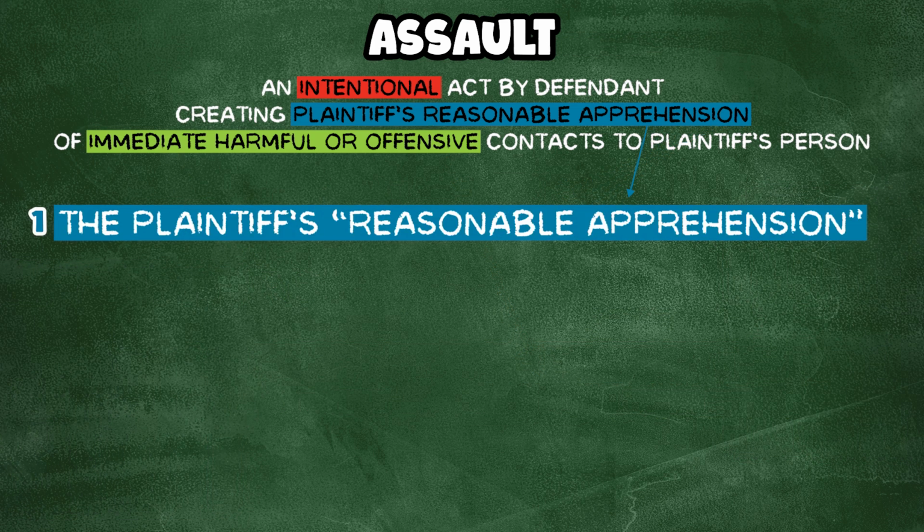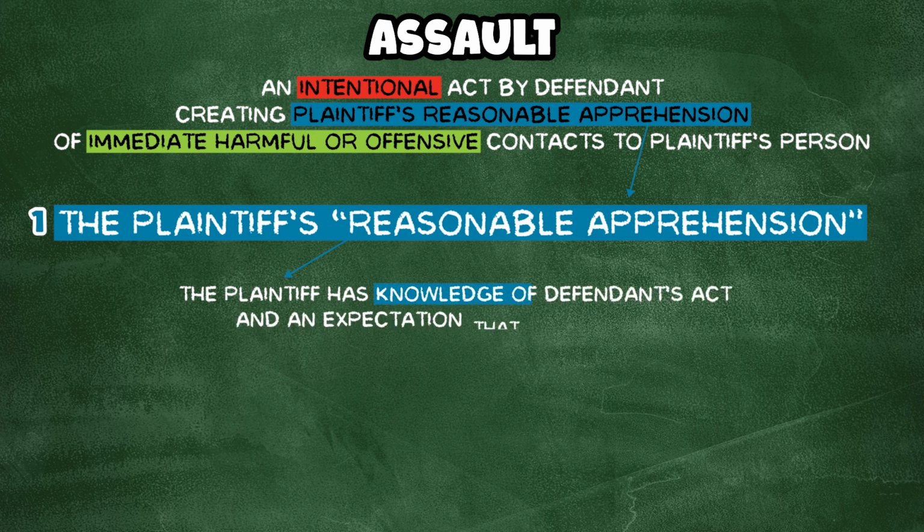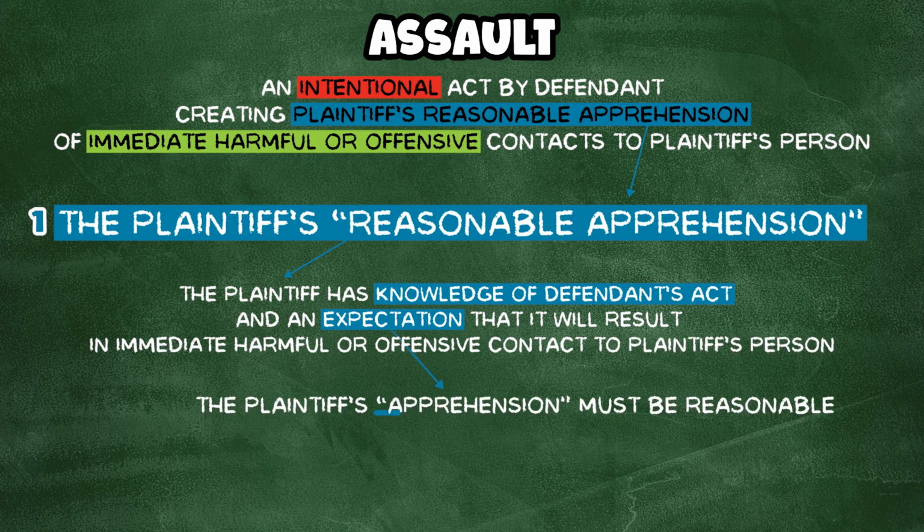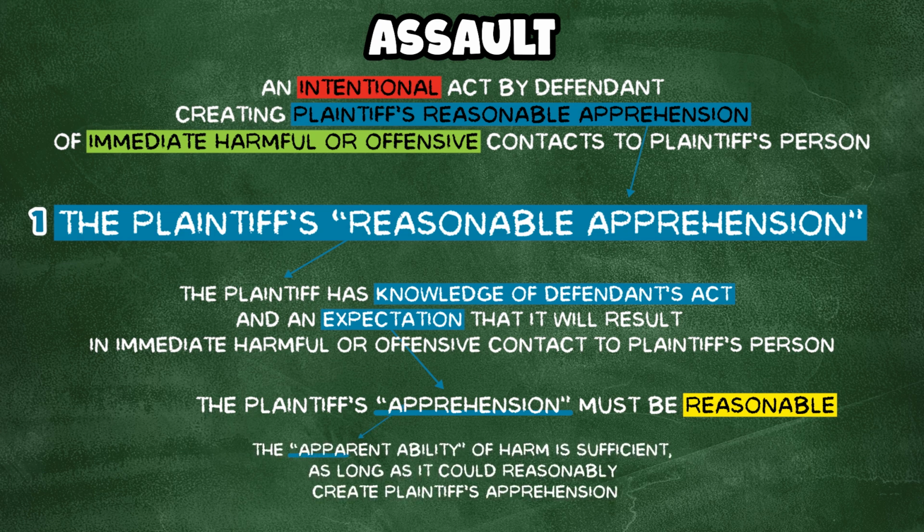To satisfy the first element, reasonable apprehension means that the plaintiff has knowledge of the defendant's act and an expectation that it will result in immediate harmful or offensive contact to plaintiff's person. The plaintiff's apprehension must be reasonable. You should be aware of fact patterns that are designed to trick you by making it seem like the defendant is incapable of accomplishing the threatened harm. The apparent ability is sufficient enough to satisfy element number 1, so long as it could reasonably create the plaintiff's